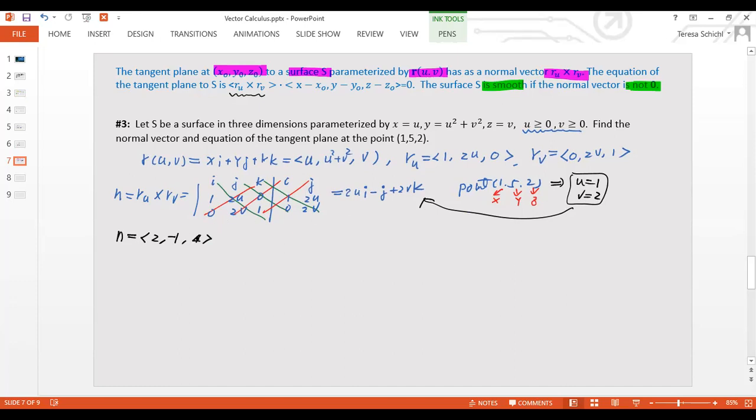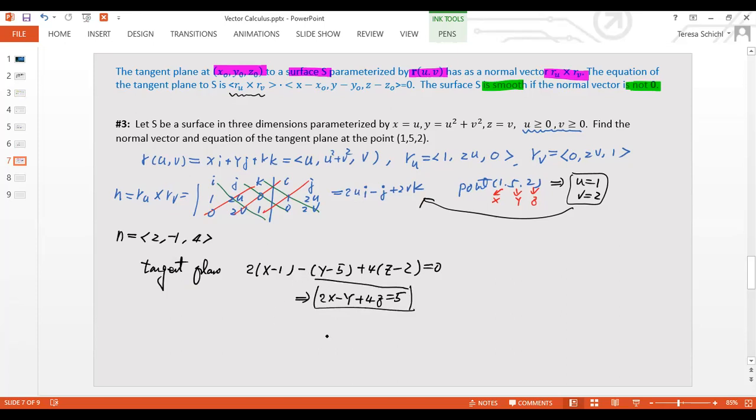After that, I know the plane is uniquely defined by the normal vector, so I know my tangent plane. You use your normal vector components: 2 times (x minus 1), minus (y minus 5), plus 4 times (z minus 2), equal to 0. If you want to simplify it a little, you can say 2x minus y plus 4z equals 5. So this is the tangent plane to the surface. And also, because my normal vector is not a zero vector, I know the surface is